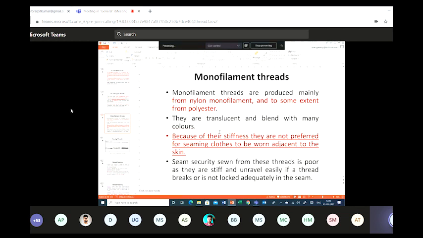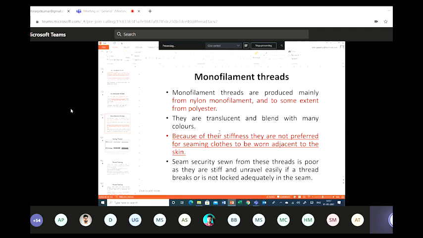If it is a multifilament, what happens? There is a freedom of movement from one filament to another filament. Okay, so at the time of bending, the filaments may interchange their position, in the case of multifilament threads. In the case of monofilament, the entire thread is a single unit. It's like a heavy cylinder. So they have very high stiffness because the degree of freedom is not there.